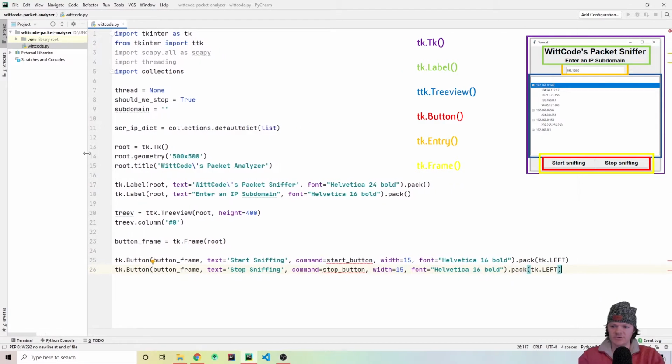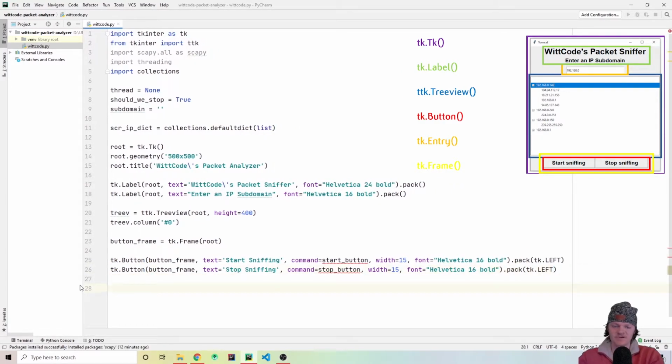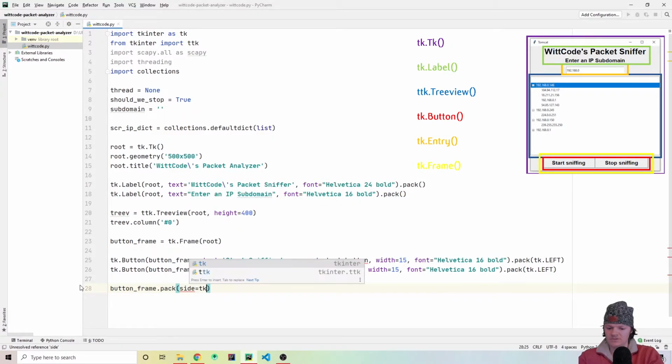Let me decrease this window a bit here. Now let's add our button frame to the main window by using the pack method, and let's add a couple of arguments. We're going to use the side, which specifies where the frame will be located in the window. By default it is top, but we want it at the bottom, so let's use the argument side and then set it to tk.BOTTOM. So we're going to do button_frame.pack. We're going to use the side argument to be equal to